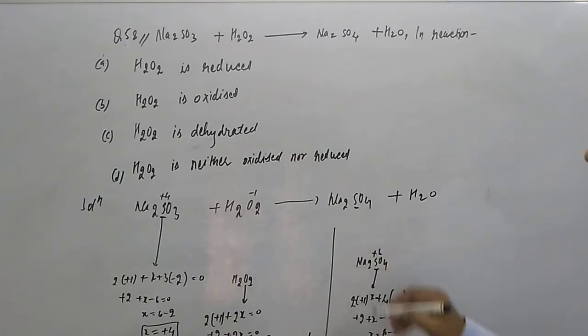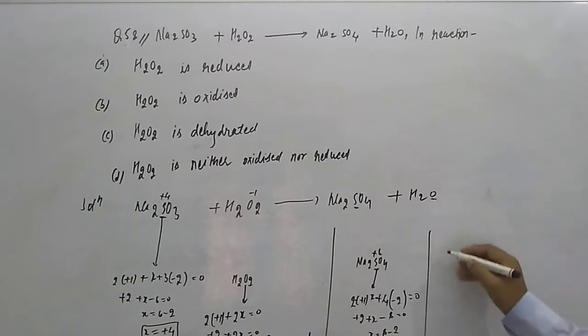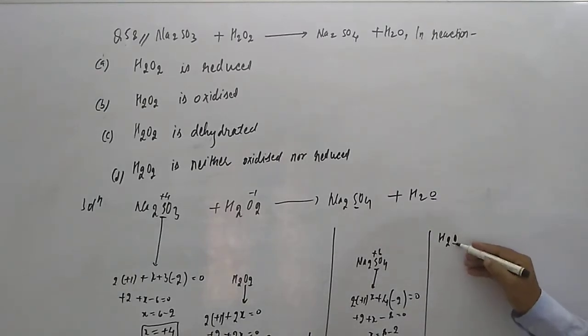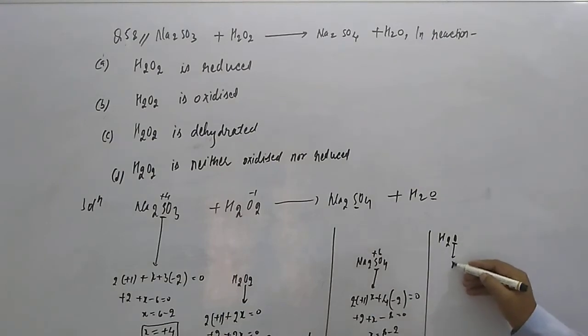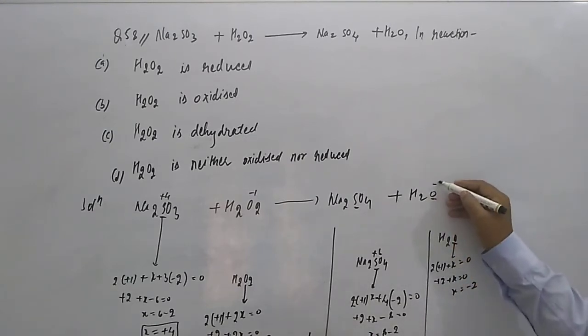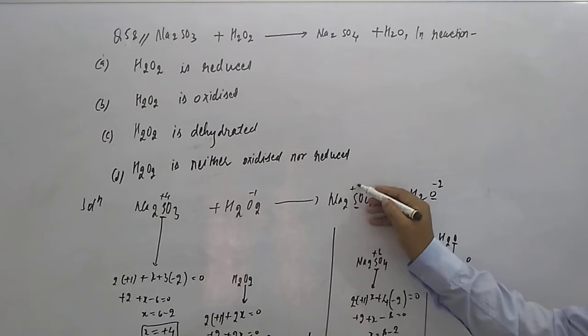So this is +6. Okay, now let us check the oxygen. Here if you are taking oxygen, you know very well that oxygen in water is normally -2, but you can check it out also. X here, there is +1 hydrogen, 2 hydrogen, that is multiplied by 2, equal to 0. So +2 plus X is equal to 0. So X is equal to how much is coming, student? -2. So here is -2 and here is +6.